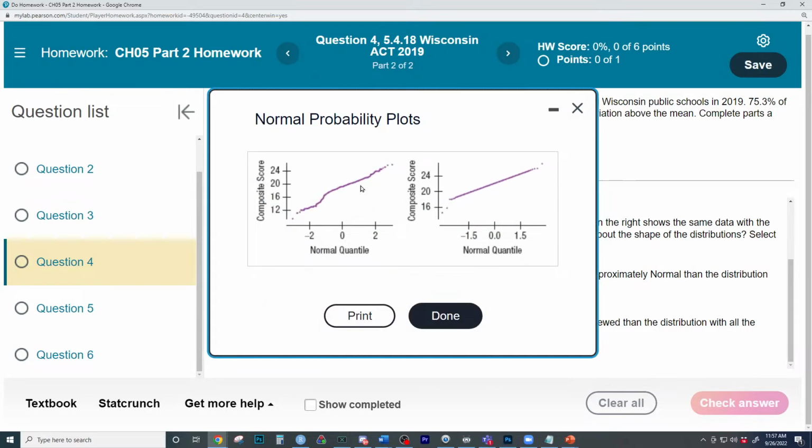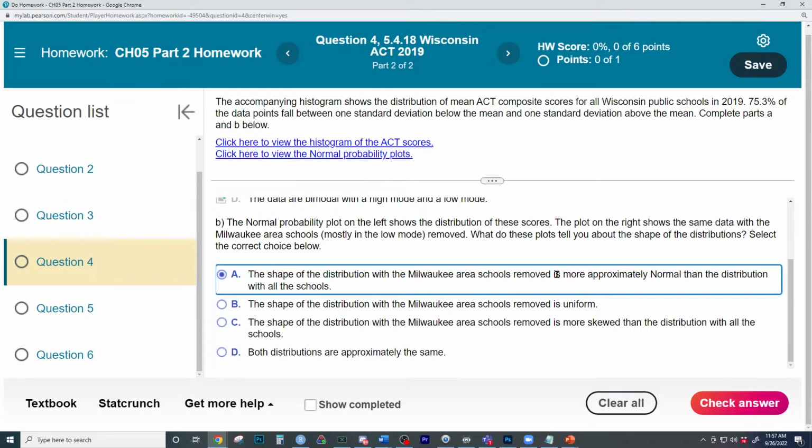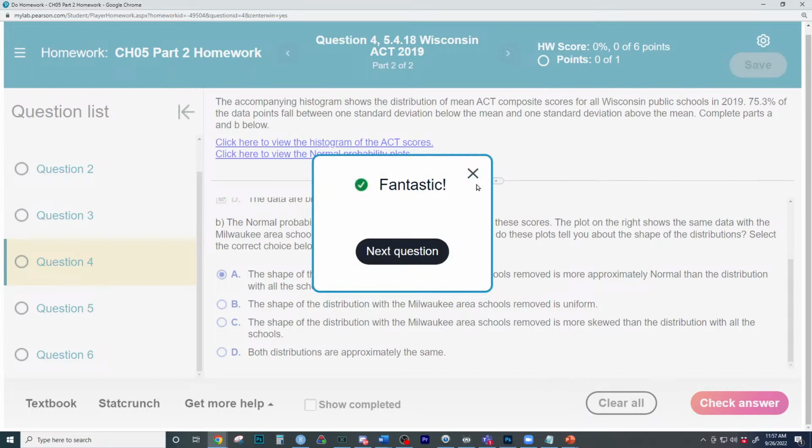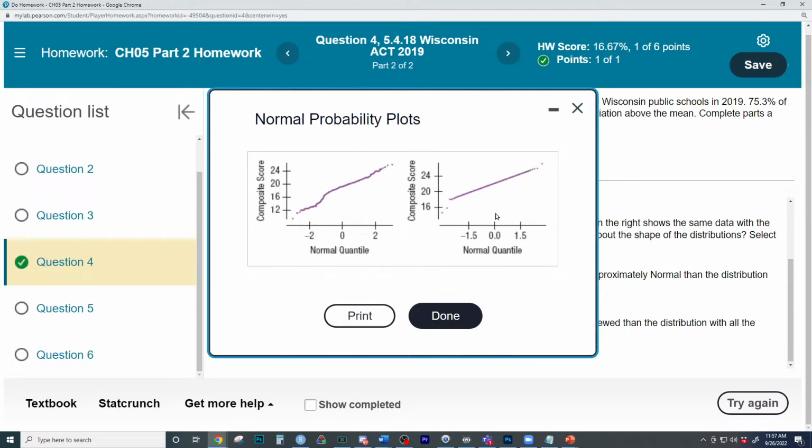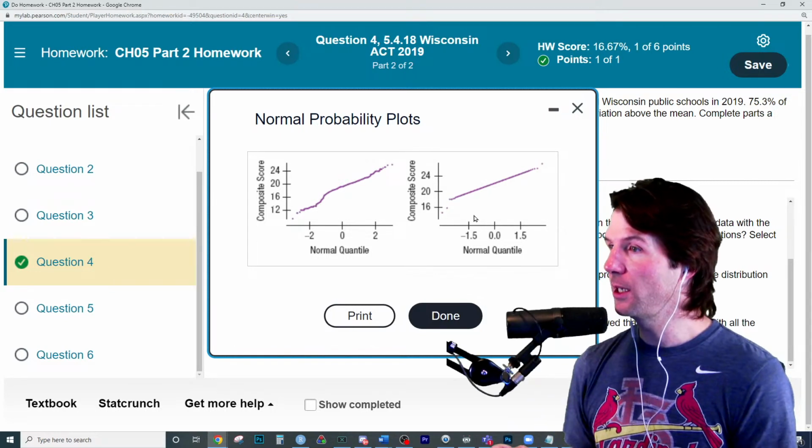And they're talking about this right here. If you remove this down here, which is not just removing that, you'd kind of re-standardize. If you were to remove that data and look at a histogram then, it would look more normal. So the shape of the data with the Milwaukee schools removed is more normal than with the schools. Good question right there, understanding how to read the normal probability plots, that the normal probability plot shows